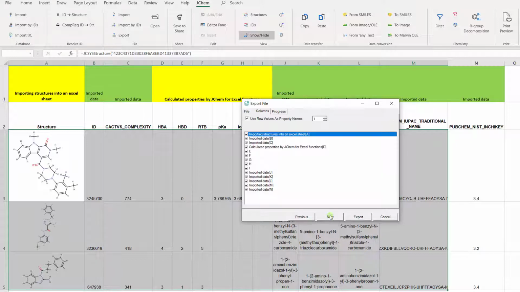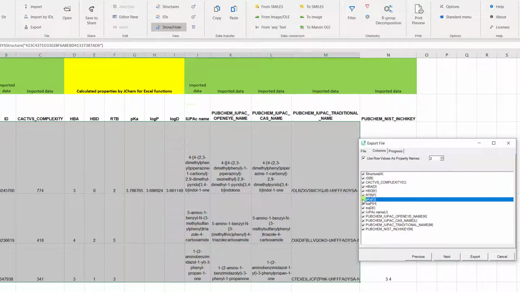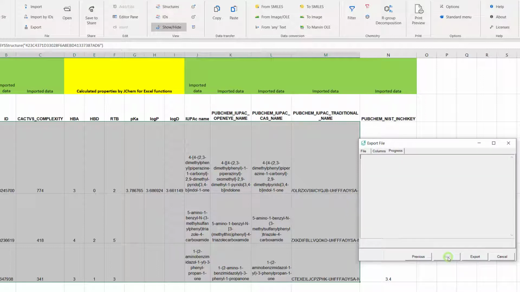The next wizard tab, the Columns tab, allows us to choose some options regarding the columns to include. First, confirm that the names of each property are in the correct row by selecting the number of the row to be used as property names. Then manually exclude any columns that are not wanted. In this case, several columns are incomplete or irrelevant, so choose to exclude them from the export. This is how you select options.